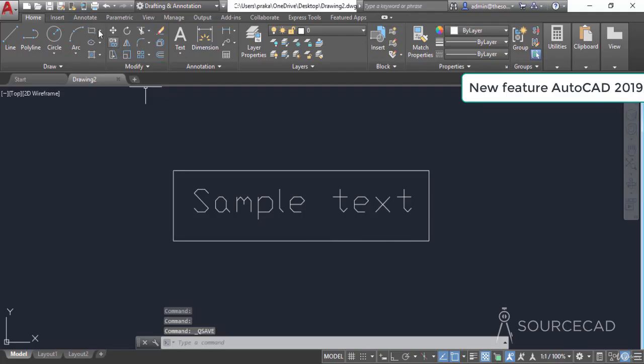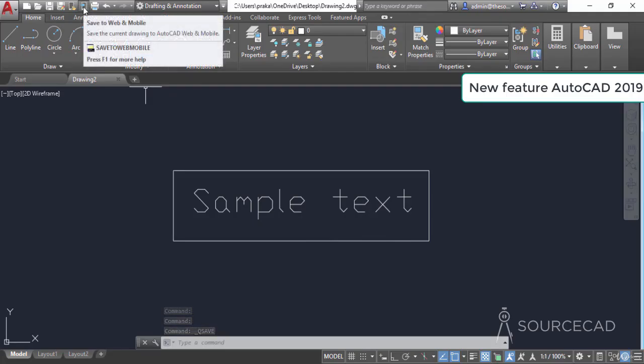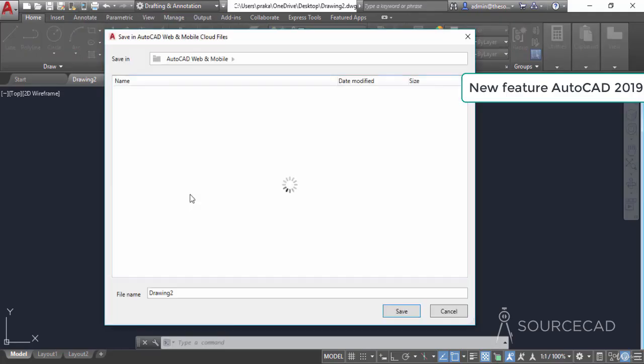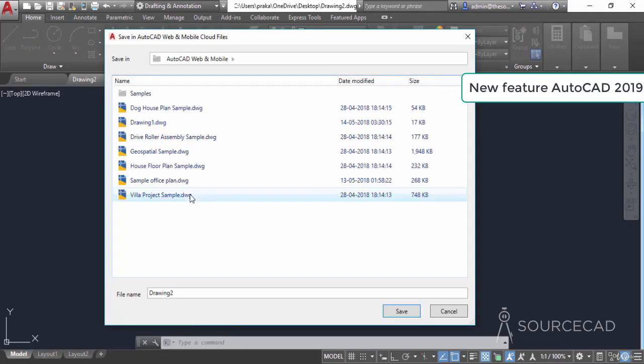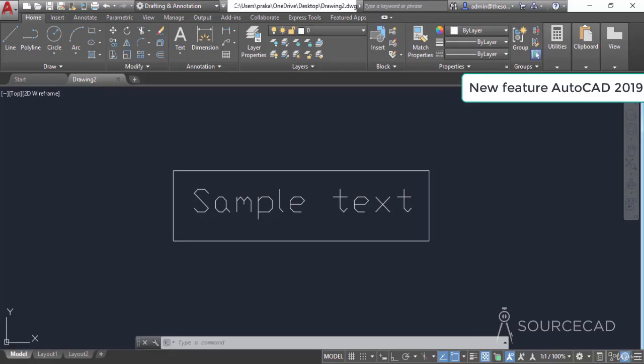I'll now click on this save to web and mobile. Now this will upload the same file which we saved on the local drive on this cloud account. So let's give it a name. So I'll name it as sample text. Click on save, and now it will synchronize the file with your cloud account. Now if you want to access that file, then you can go to